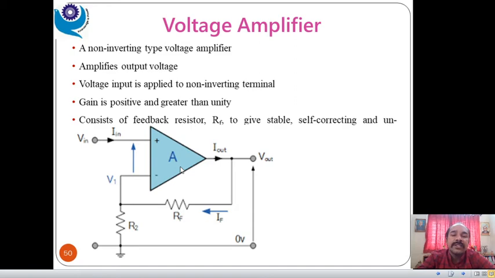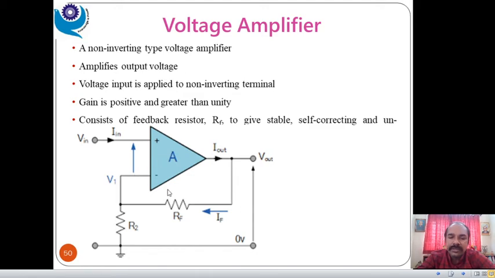In an IC, all the circuitry is integrated inside, so that's why it becomes compact in size. It has low power consumption, and the operating voltage is also very small, that is ±3 volt to ±18 volt. Practically it is ±5 volt to ±18 volt, which can decide +Vsat and -Vsat.